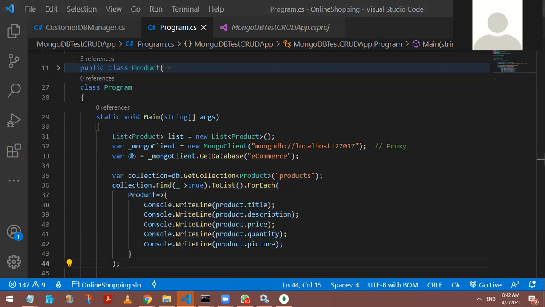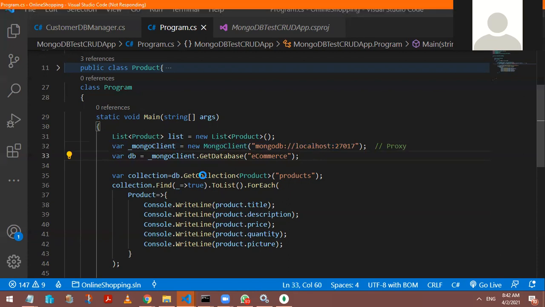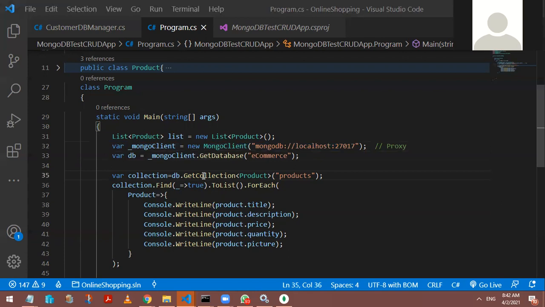Yes, that's it. How many lines of code were written for getting data from MongoDB? Hardly a few. Get the reference of your client object, get the database. Once you get the database, then please get the collection. Once you get the collection, please get the list. And once you get that list, please iterate that list using foreach and display every product's information. A very simplified code we have at this moment for getting data from MongoDB.